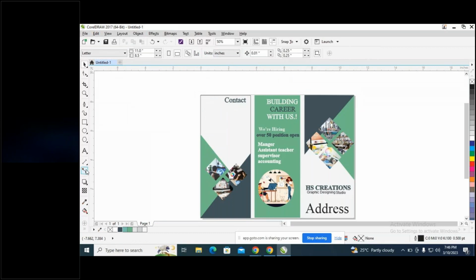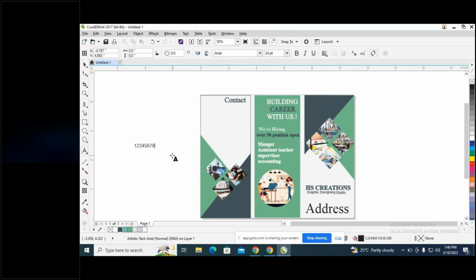So now give the contact number as 123456789, something like that. And if you are doing it for your own purpose, you can give the color also. So I'm placing it here. I'll just decrease the size of this number a little, I'll little increase. So now I'll put it below this and after that